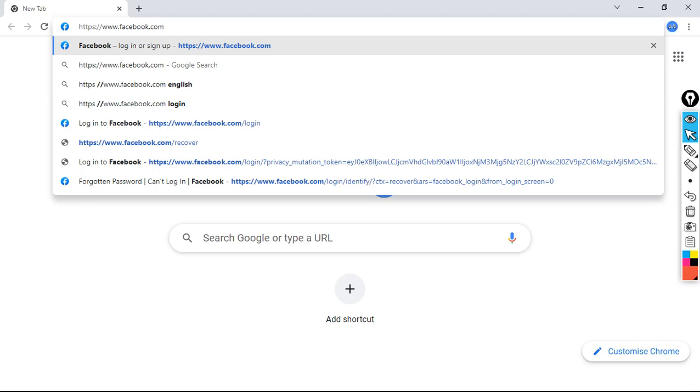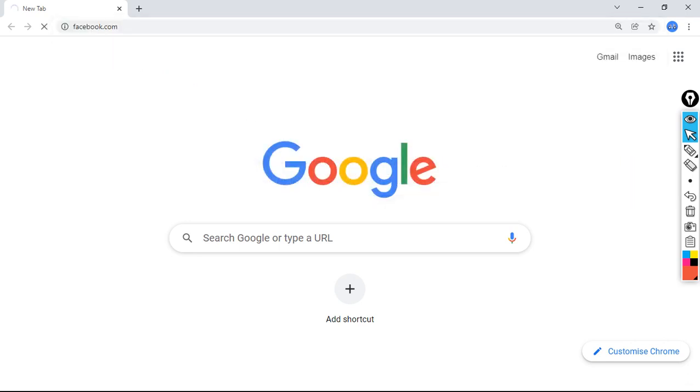This is the actual website address. Now we are redirected to facebook.com. Let it process, then we will move forward.